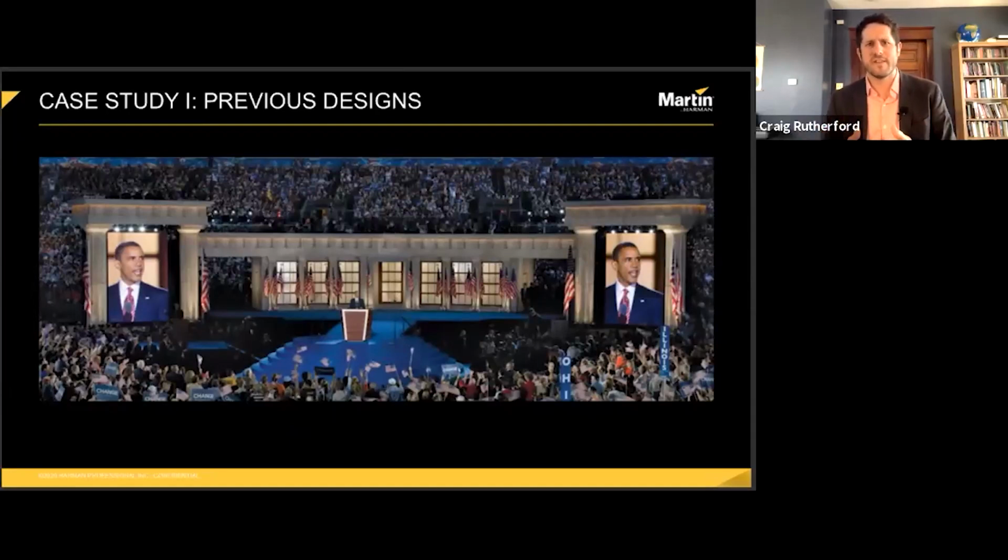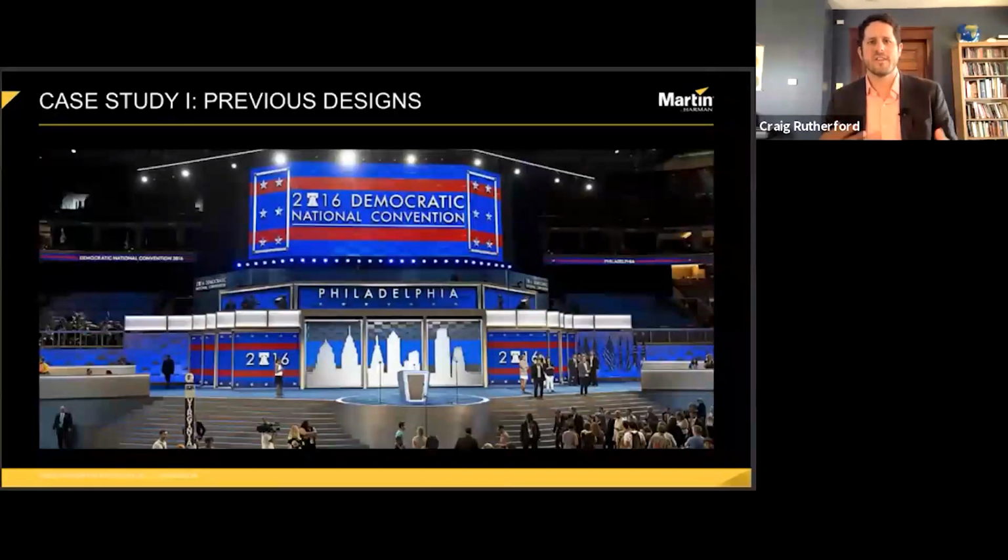In previous cases, I saw a design that had sort of literal elements to it, these sort of Romanesque columns and faux stone in the case of the 2008 convention, or in the case of the 2016 convention, a more abstract truss and lights design that was very evocative. It was very spectacular. In trying to put my own spin on things, I decided to take my design away from straight truss and lines and away from Roman sorts of looks and try something more organic and flowing.